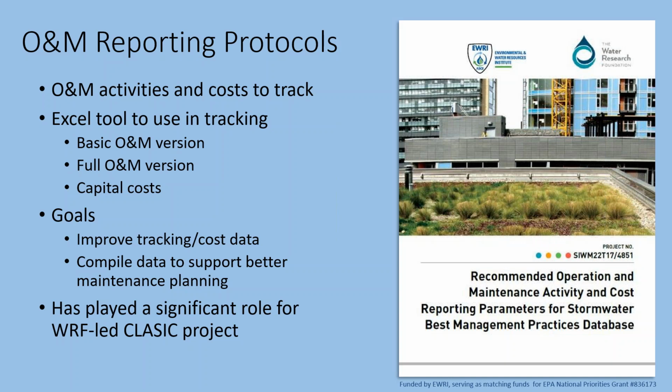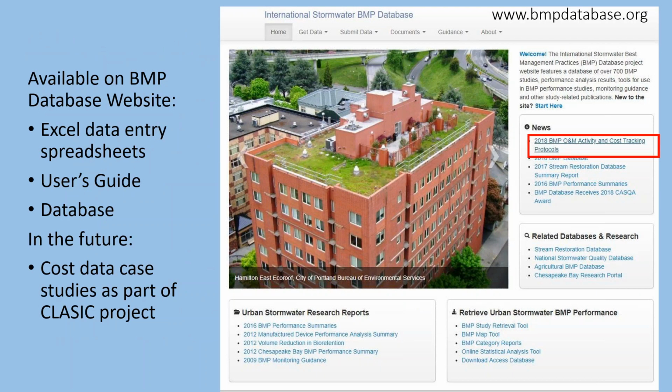And so our goals were to improve the tracking and cost of data nationally, and then start compiling data to better support maintenance planning. And then we've been able to use this information as part of this EPA-funded Classic project that I mentioned earlier. So the place that you can get this information is the BMP database website, bmpdatabase.org, and it's on the front page under the news section there. At that link, you can download a zipped file that has the Excel spreadsheets, the user's guide, and the initially populated database. And we're hoping that this database is going to keep growing because we're using it again on this EPA-funded grant. We're hoping that we can keep populating the database